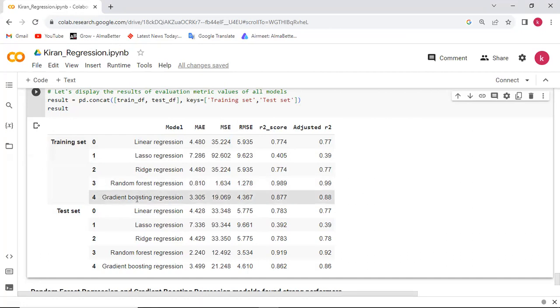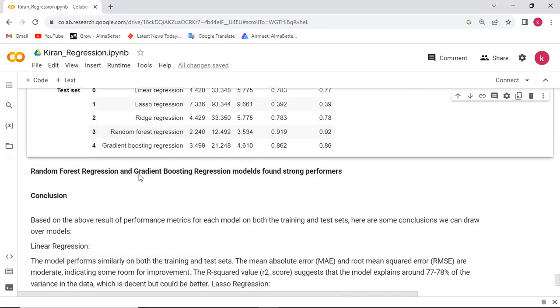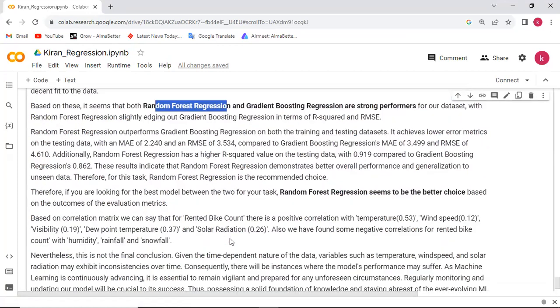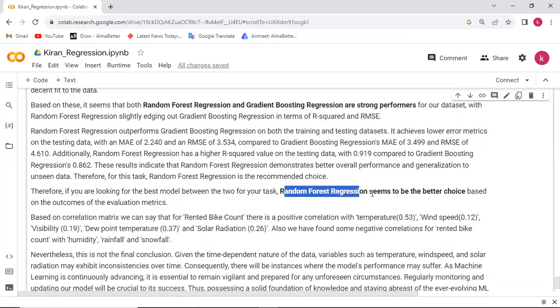And among these two models, the random forest model is found to be a better choice than gradient boosting regression. Why?